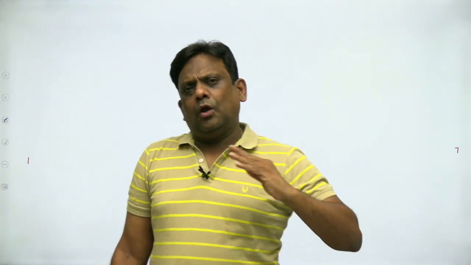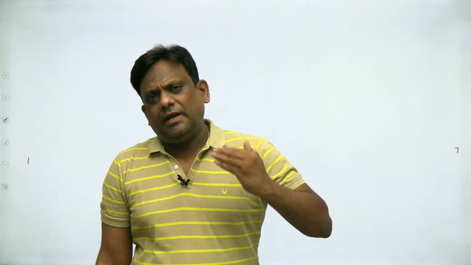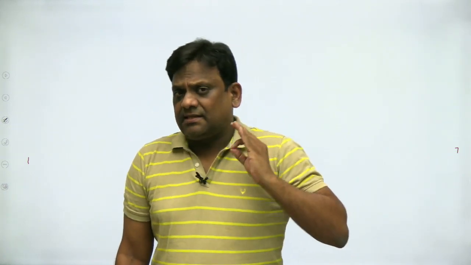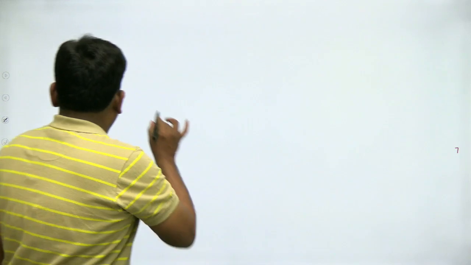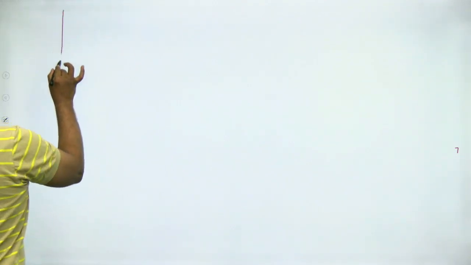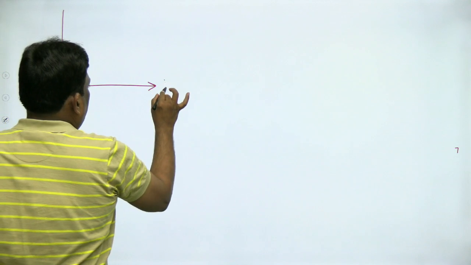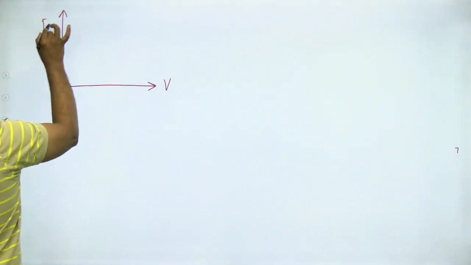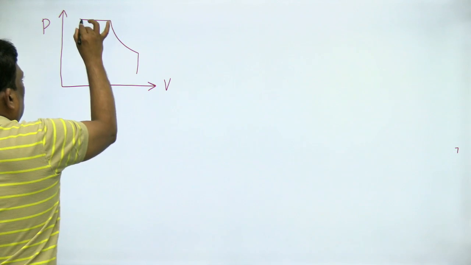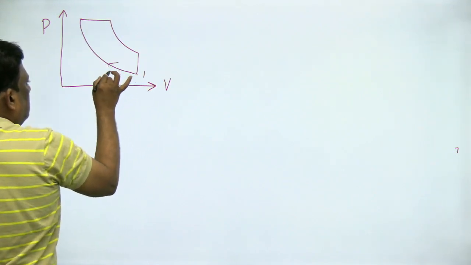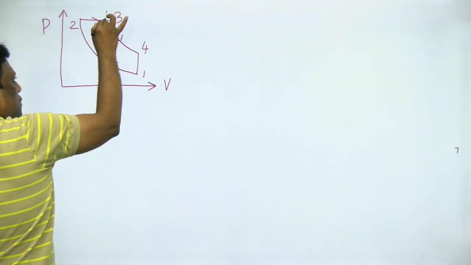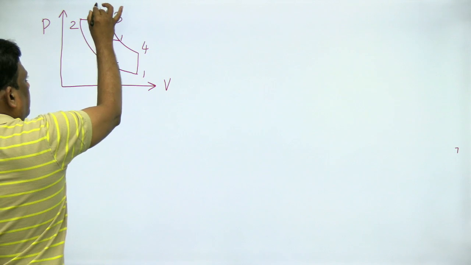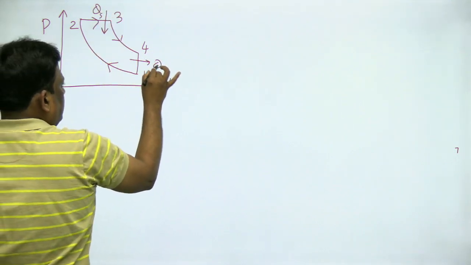We have already solved all conventional questions on Otto cycle. So in this lecture, let us see the effect of variation of cutoff ratio on the performance of diesel cycle. Okay, first let me draw diesel cycle both on PV and TS diagrams. Okay, 1, 2, 3 and 4. So this is constant pressure heat supply and this is a constant volume heat rejection.